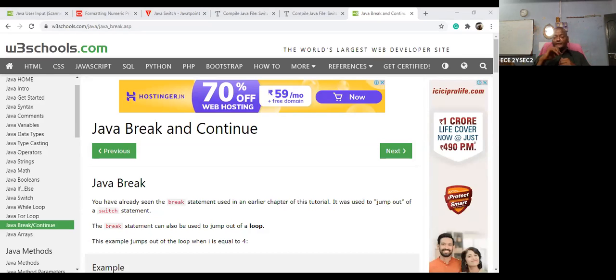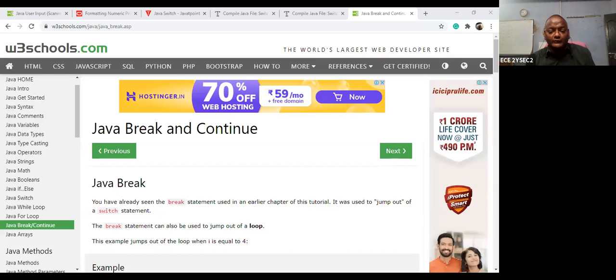But continue. Continue stands for what is your condition. Before the condition, it is executed. Exactly at the condition, it is not executed. And after the condition, it should be executed. So this can be omitted. What is the required condition? Except that required condition, above the condition and below the condition, it should be executed.